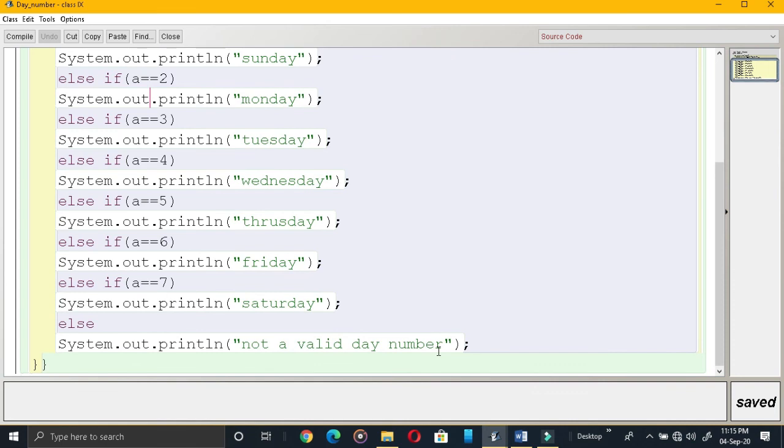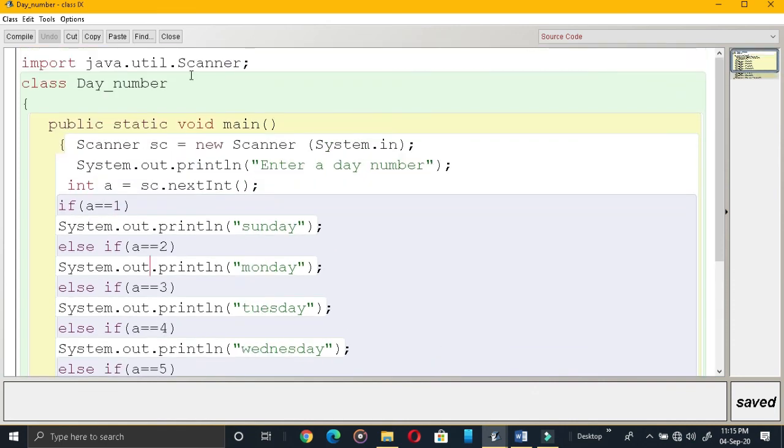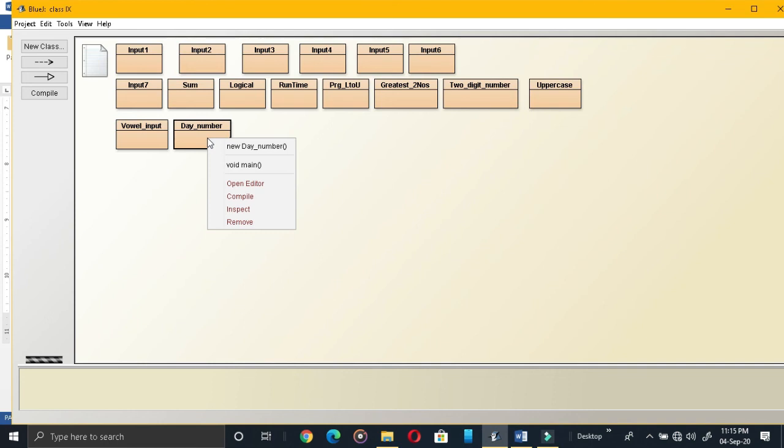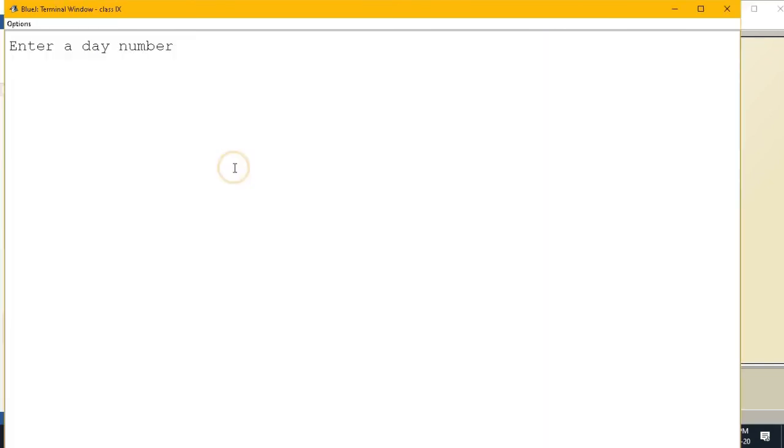Please pause and write the program. I am compiling it. See, class compiled, no syntax errors. Close. Now right click here, void main. See, enter the day number. The message you have given over there, the same message came here. So for the day number I am entering 1. Now Sunday came. Again I am running.